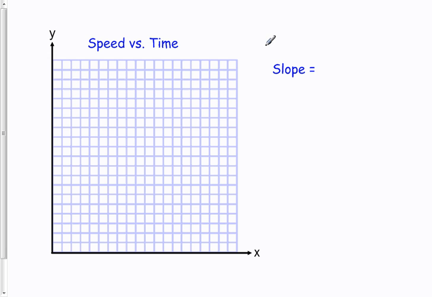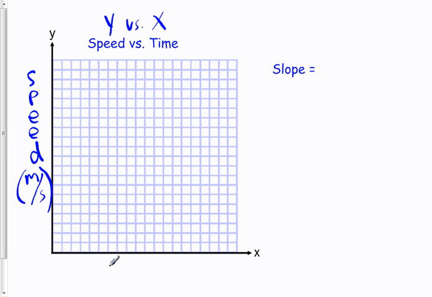Okay, moving forward. Our next one, we have a speed versus time graph. Okay? So if we have our speed, we're going to list it on the y-axis. So we're going to call it speed, and we're going to put our units there. We're just going to use meters per second as an example. Okay? On our x-axis, we're going to put time. We're going to say that's in seconds. Okay? So now, again, if we draw our slope,